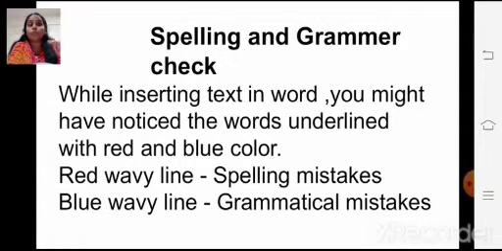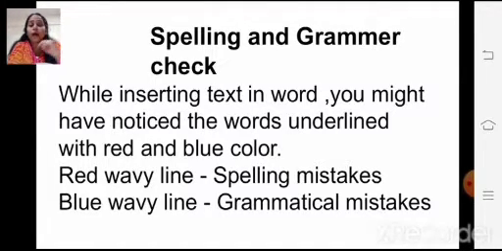And when you see a blue wavy line, it shows a grammatical mistake, meaning that while typing the text you have made a grammatical mistake.